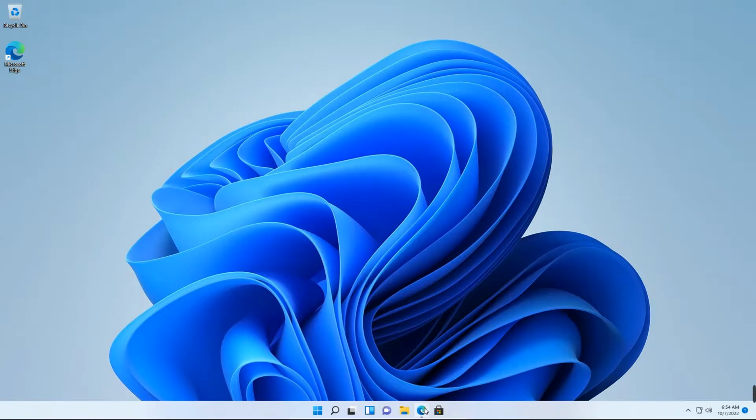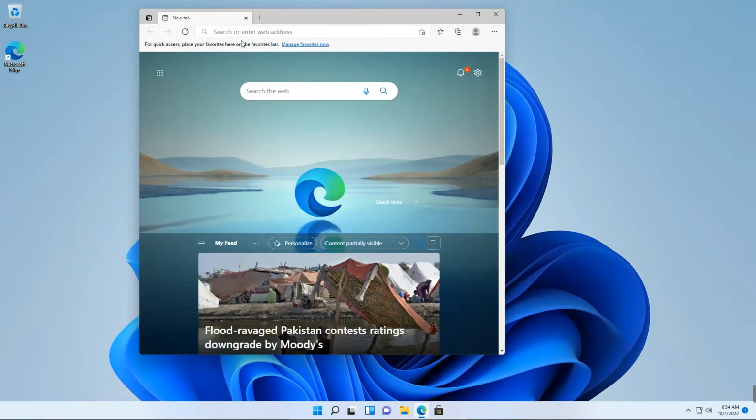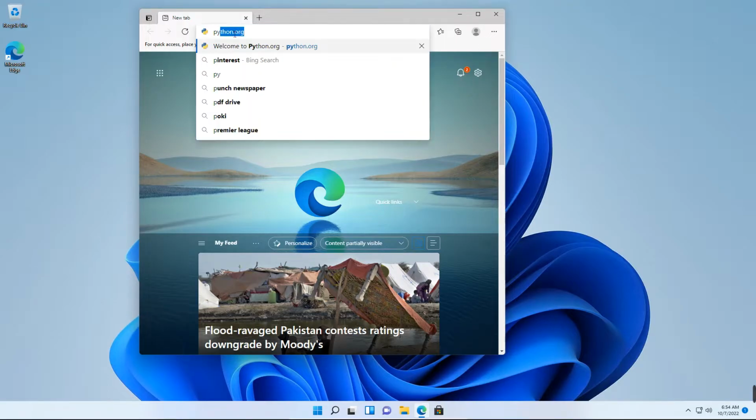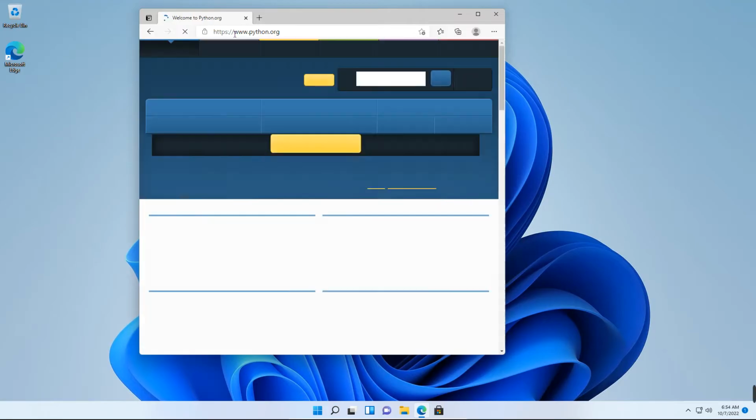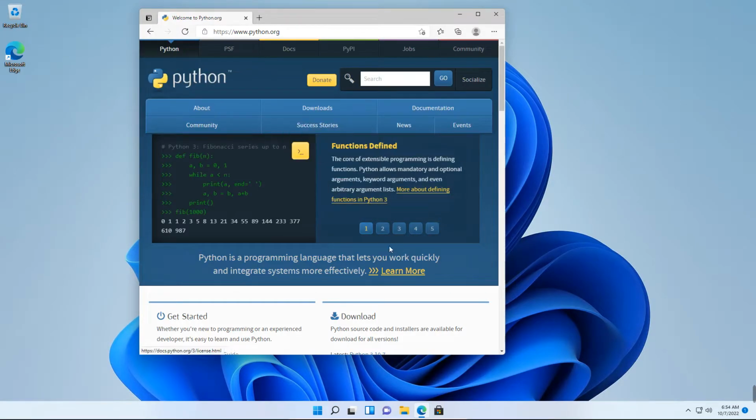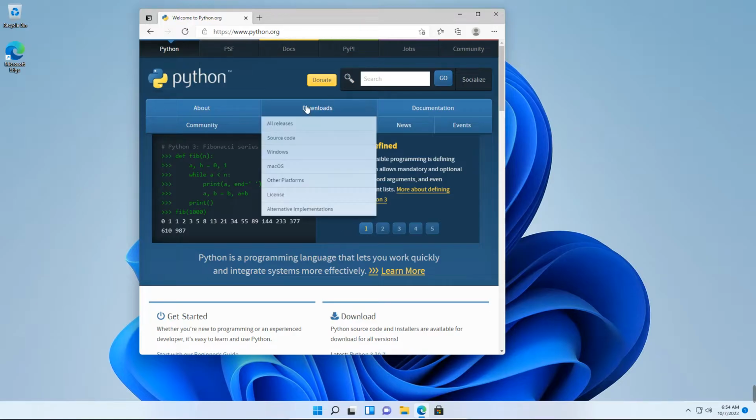Now the first thing you have to do is head to your browser and then search for Python, or you can just go directly to python.org. Now we have to download the latest version of Python, which is version 3.10.7. So click on downloads over here